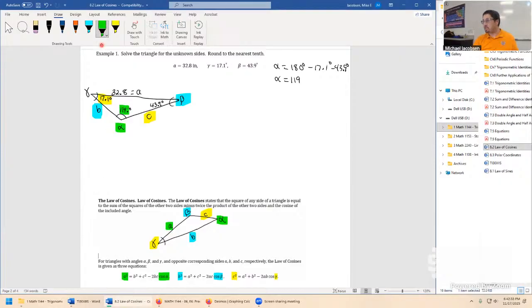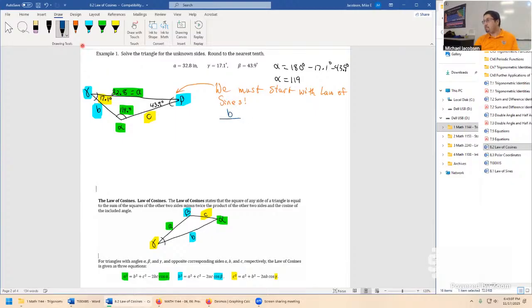Let me finish the rest of the color coding. Sometimes we have to do the following. We must start with law of sines, even to begin this one. Once we get, say, a side length B, we could use law of cosines on the side length C, and that's how we'll start off this one. So begin with law of sines. Let's solve for the side length B right here.